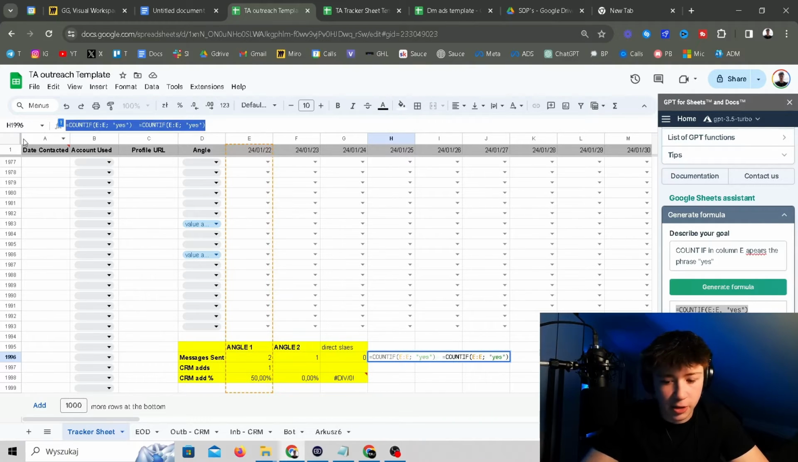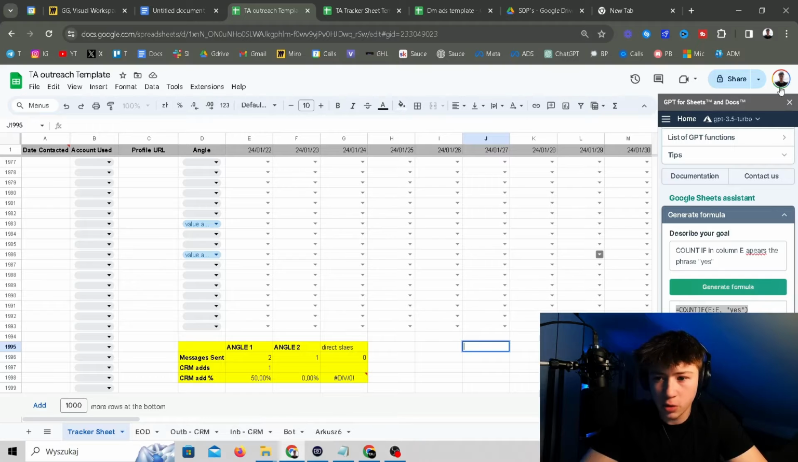Okay, so just to make sure. Okay, so here you have it. That's how you do your whole outbound tracking sheet. As far as the CRM, this is probably the most important part for you if you're an agency owner,